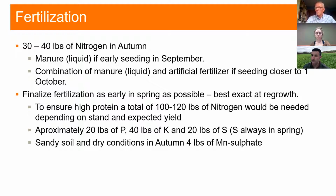and the hybrid rye can really utilize it in the early spring. Otherwise, in terms of getting a good quality, the total should be around 100 to 120 pounds of nitrogen, depending, of course, on whether you want to take it on at early flag leaf or leave it for the milky stage. The longer you want to leave it, the higher you have to go in terms of application. Then also, it takes away about 20 pounds of phosphorus, about 40 pounds of potassium,